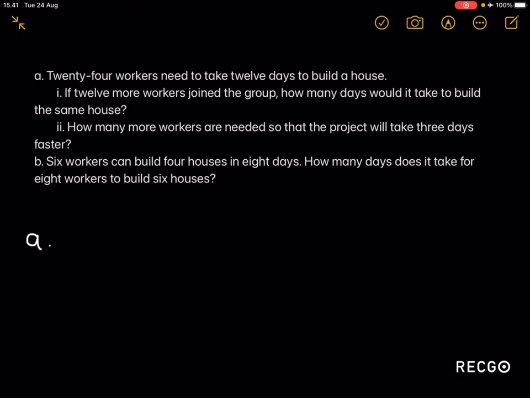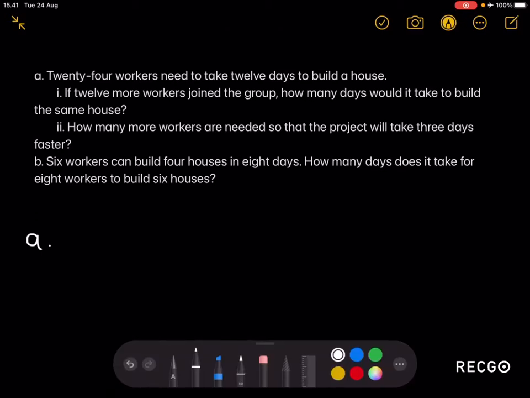Right, so first you can see clearly that the number of workers is inversely proportional to the number of days it takes to build a house. By the definition of inverse proportion, we know that the product of the number of workers and the number of days must be a constant. So if you let the number of workers be W and the number of days be D, we know that W times D is a constant. Substituting the values of W and D being 24 and 12 respectively gives us that our constant is equal